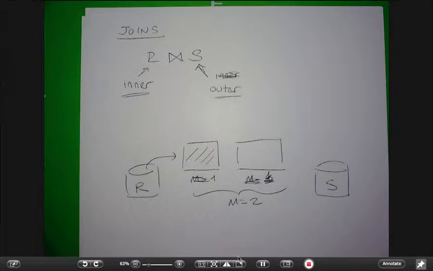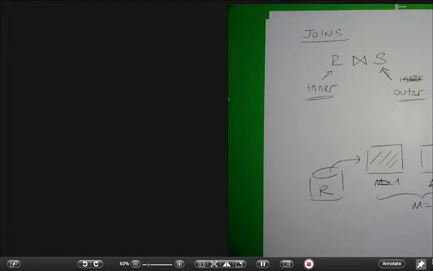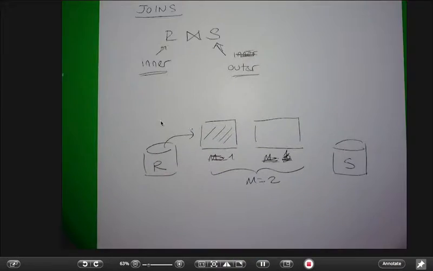So what I need to do is now read one block of S, see if they join. If they do, put it in the output buffer. Read the next page of S, do the join, put it in the output buffer, and complete all of this. To be able to do that, I have read S completely once, right? Okay, now I am done with that one page of R. Now I'm going to read the next page of R, and I'm going to do the same thing again. Basically, this is a nested for loop